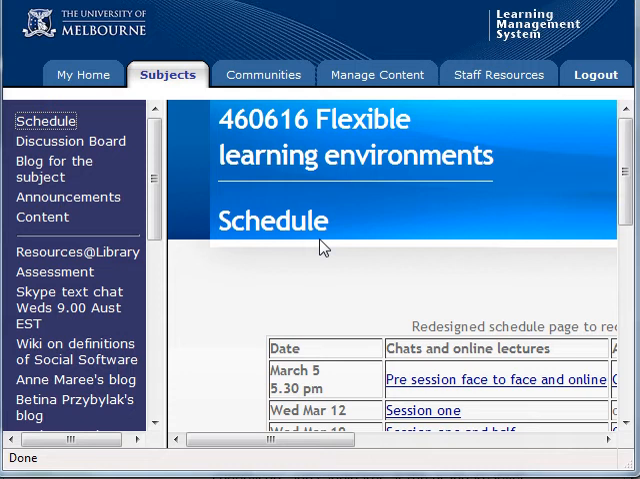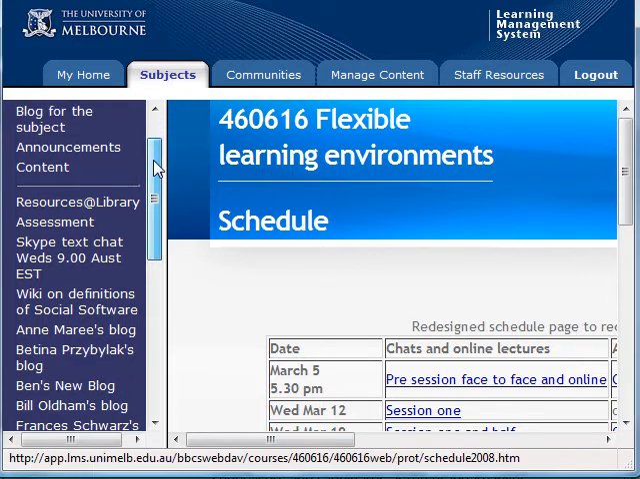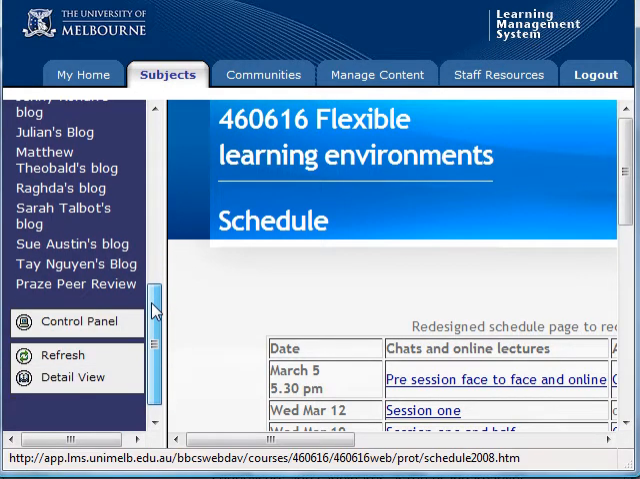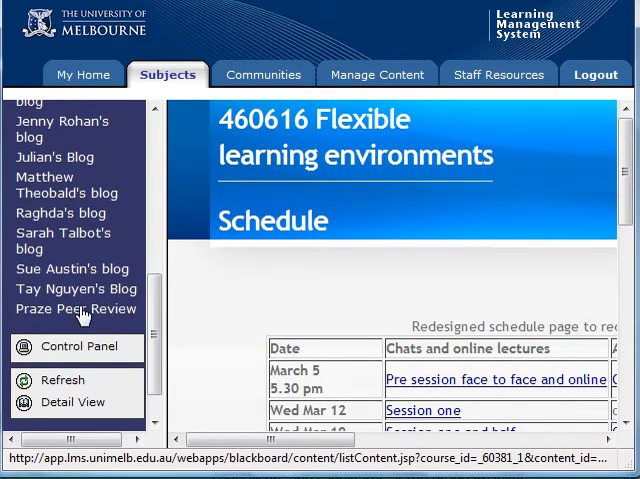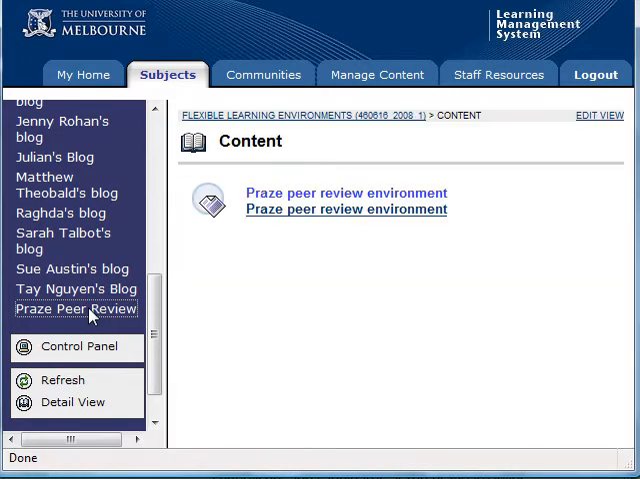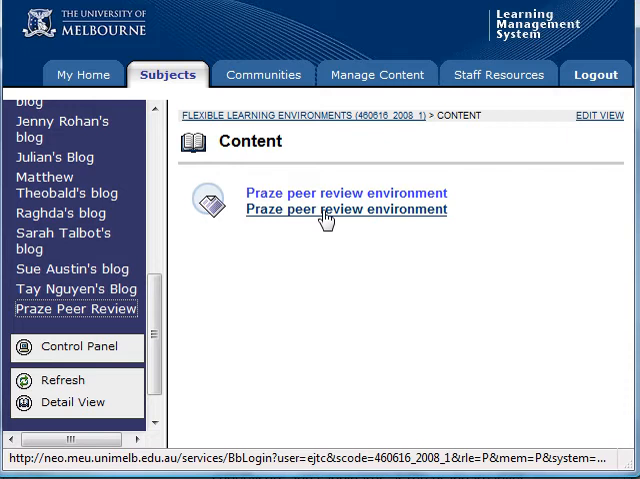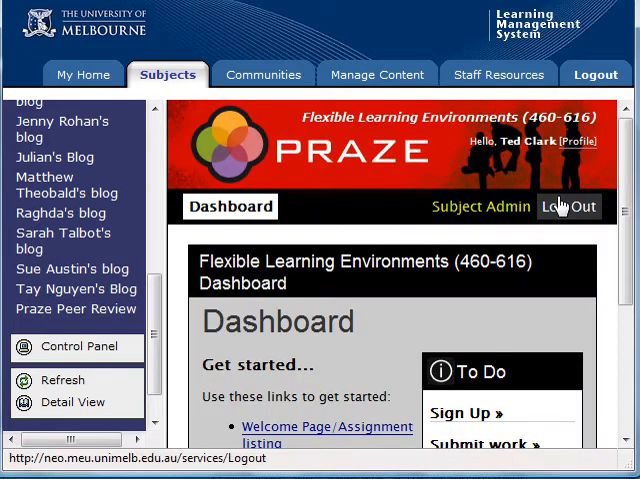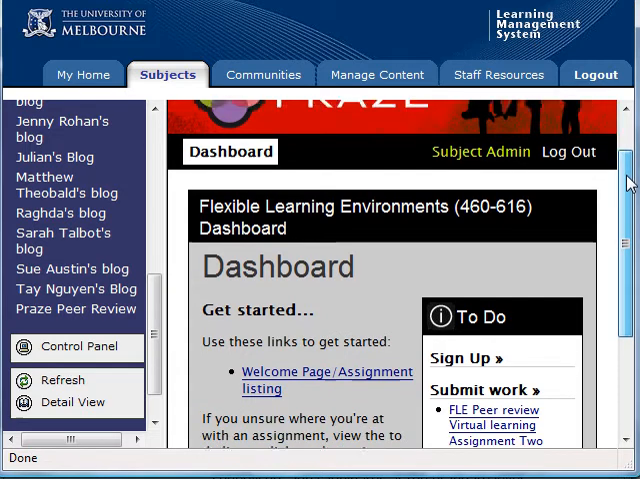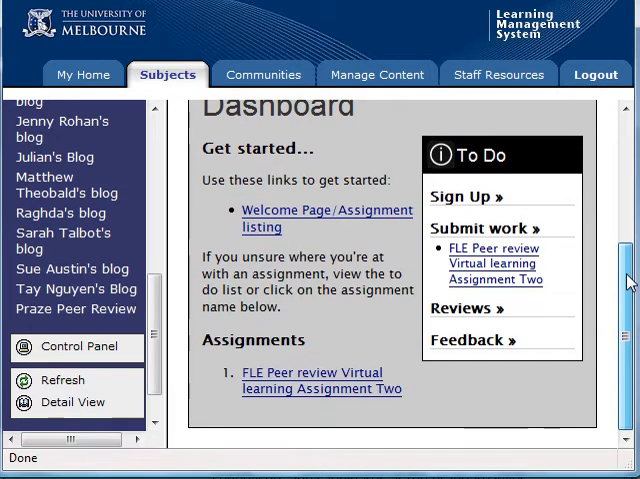Okay, this is just to demonstrate how you might go about finding the link to the Praze environment to submit your assignment number 2. Down the bottom of the blue menu bar on the left of our subject homepage is this link. Then if you click on the Praze peer review environment, you go to the opening screen, which is the dashboard for Praze, which will eventually, if you scroll down, give you a link to another page that you